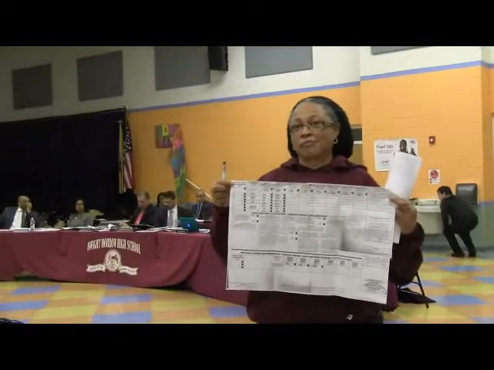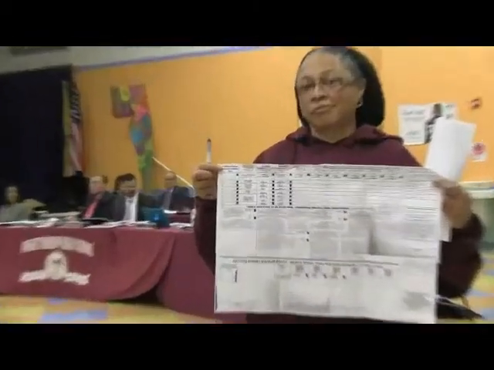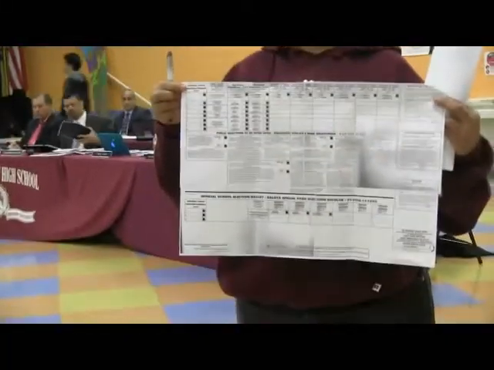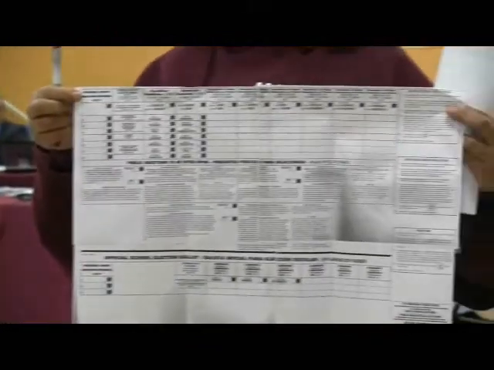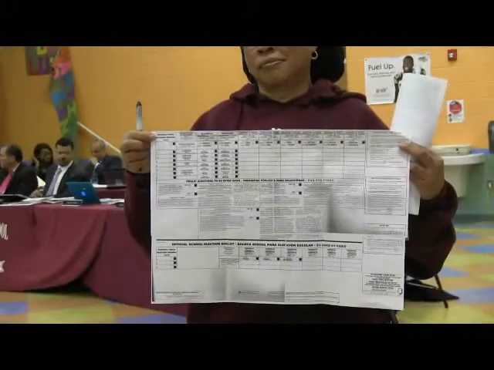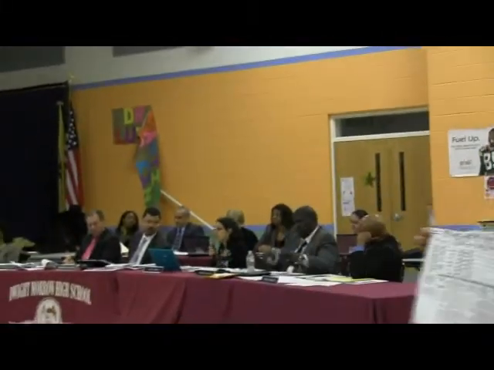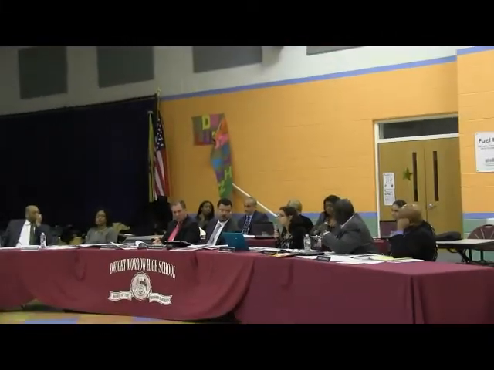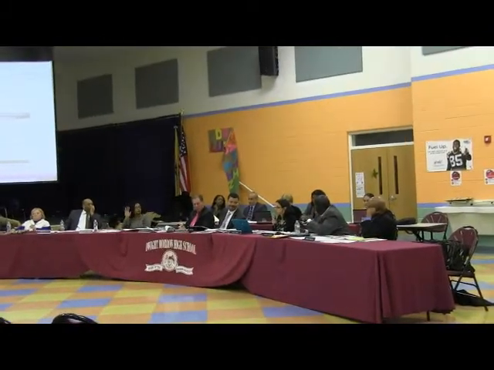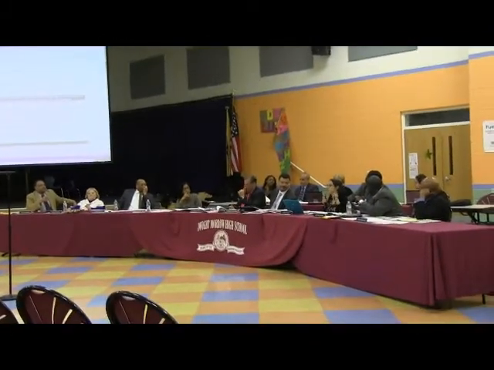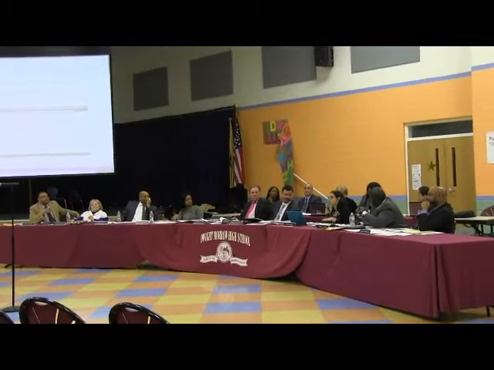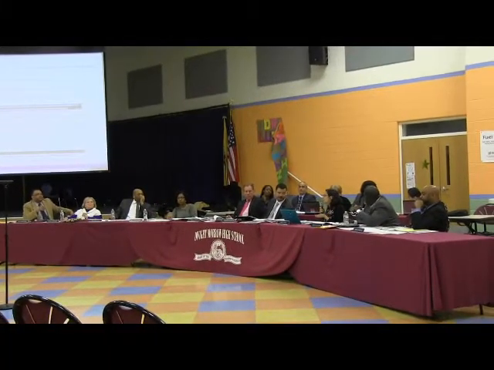Directionally, the number of votes seems to have increased going from an April to a November election, and I think that's critical. In principle, we should be trying to get as many people out to vote as possible. And in addition to the cost savings, and in addition to the fact that we'll get not better voter turnout, but more votes cast for school board candidates,